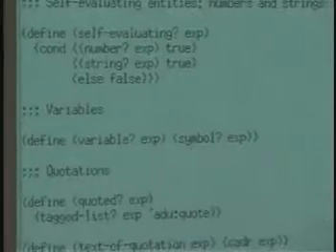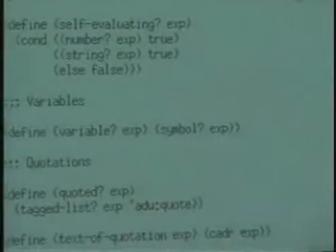Right. What does symbol question mark look at? Because this is not looking something up to see if it's in a symbol table somewhere. No. I wish I had R4 with me to tell you exactly, but basically it's looking to see if